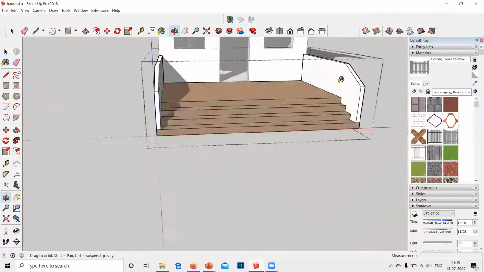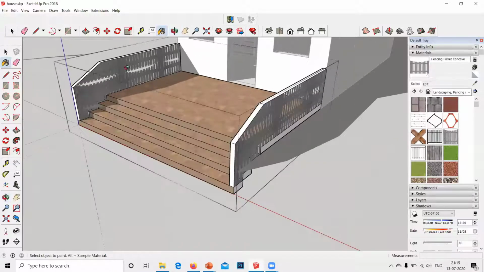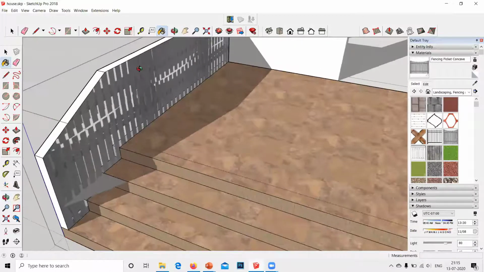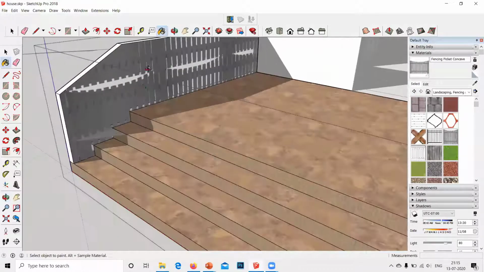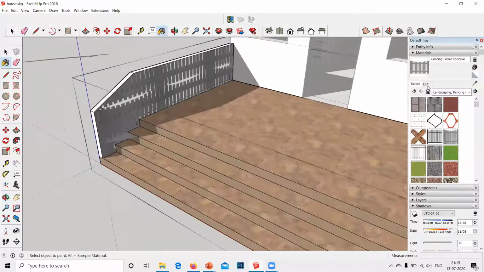Right now this weird thing is happening where it is not in a perfect shape or size. To bring it to perfect shape or size, beside the Select option there's an Edit option. Click on this Edit option.